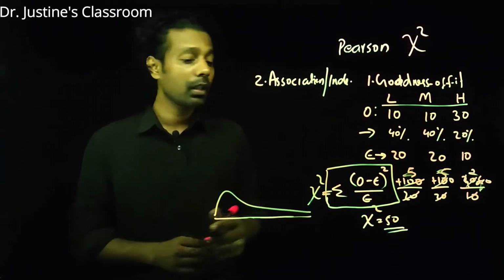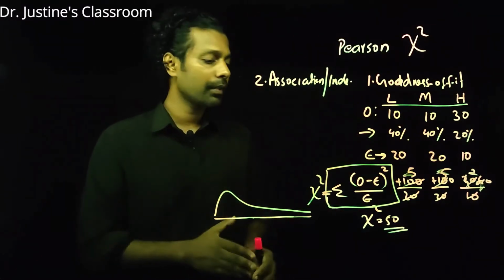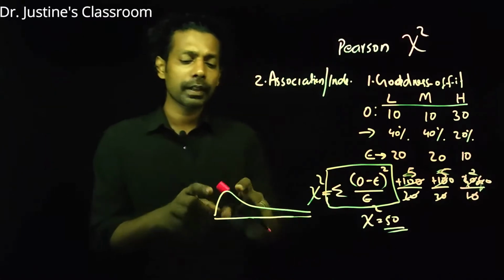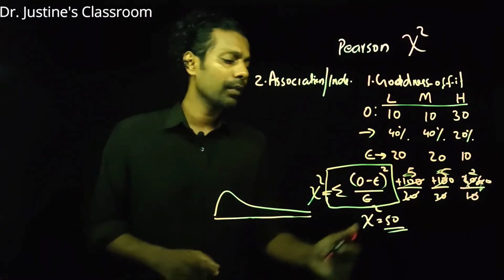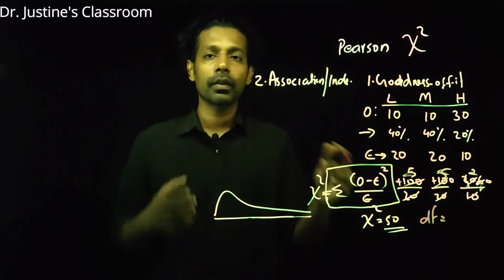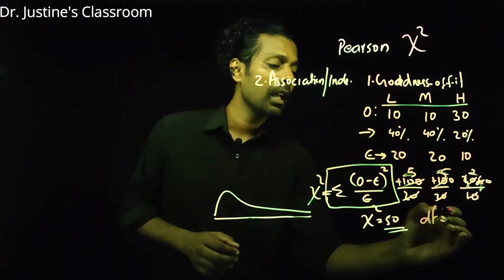Sample size is very small, and when sample size increases, it approximates towards a normal distribution. So I have a chi-square value here. Now I need a degree of freedom to decide what should be the pattern here. So how do you calculate degree of freedom? Number of categories minus 1. So always it's minus 1, right? So I have categories like 1, 2, 3 categories here, and minus 1.